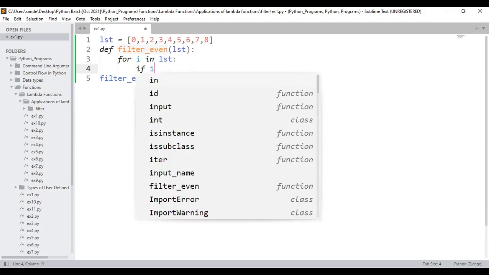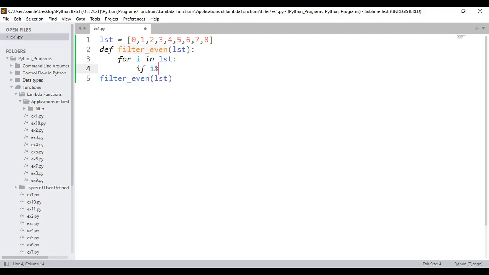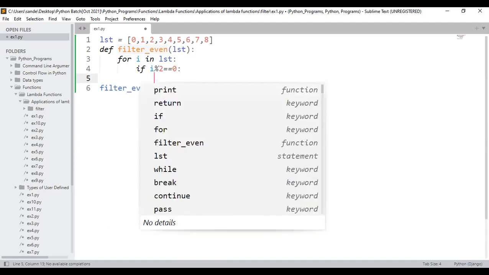of i, that means if you try to divide i by 2, assume 0 by 2, if the remainder is 0, then what will be the conclusion? Don't you think you can come to a conclusion that that number is an even number? Will you agree with my point? Please do respond. Yes or no? 100% yes.